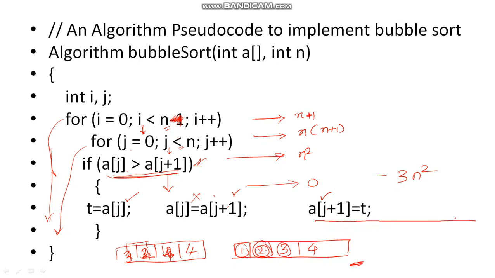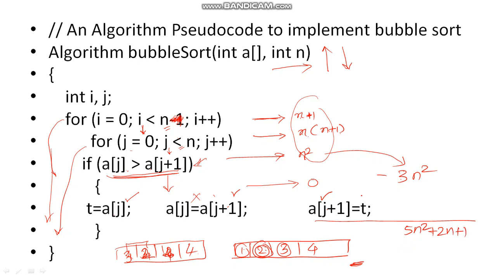So how much time it is going to execute is, if I consider the 4 3 2 1 case wherein I wanted to sort the array in ascending order, but the given array is in the descending order. In that case I am requiring this plus all these. So it is 3n square plus n square, 4n square, this n into n is n square, so that is 5n square. 5n square, n into 1 is n plus n, 2n plus 1. So the complexity here is 5n square plus 2n plus 1.